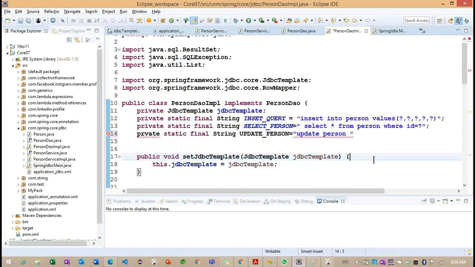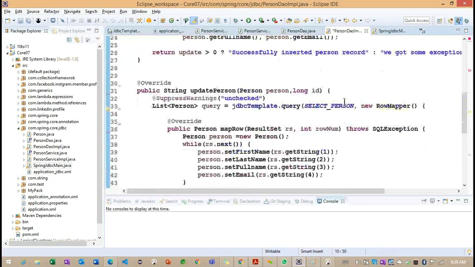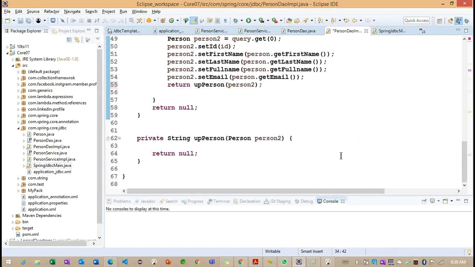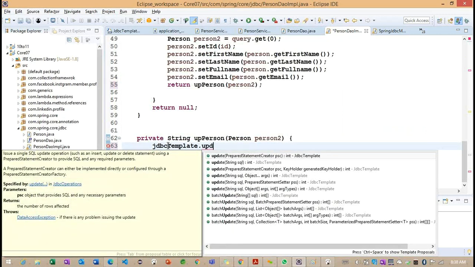Let's see, is there any way to update the person with the help of a different class? Here only, right? What are the objects? Enter type and batch updates, which is expecting a string SQL query and prepared object array.